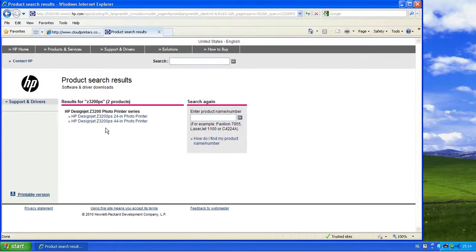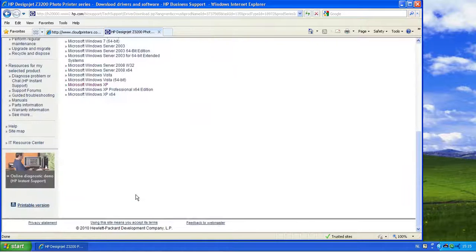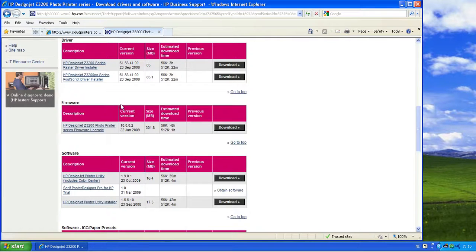We have two choices. We choose the 3200 PS 44 inch, and we want to do an installation for Windows XP, and we need a driver. There are two drivers: a raster driver, don't use that one, and a PostScript driver. That's what we need. So we're going to download it,